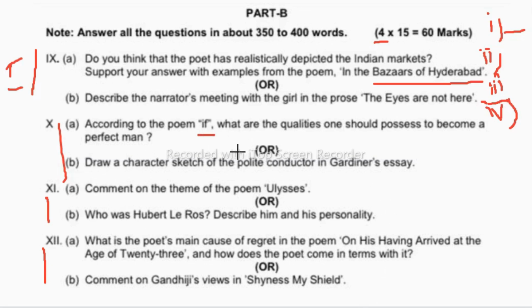Next one, or else you can write this one, draw a character sketch of the polite conductor in Gardiner's essay. So here you can see a conductor, whom we have learned in Gardiner's essay On Saying Please. So you have to write the summary of On Saying Please. If you get this type of question like draw a character sketch of a polite conductor, then instead of writing the second part about the lesson, you have to write this answer